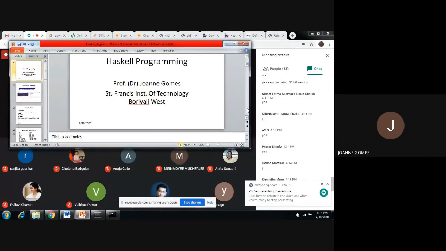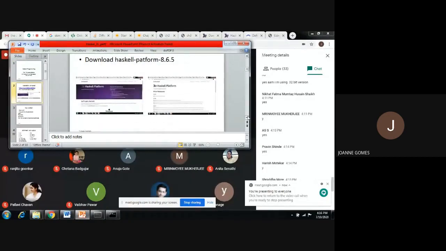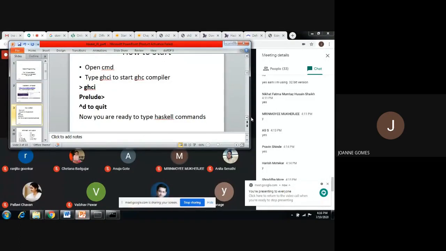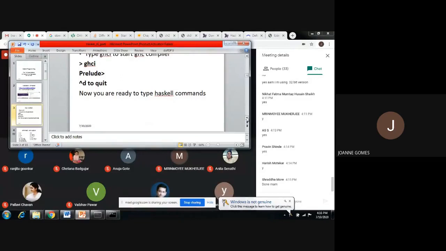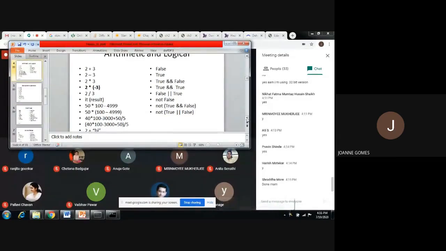Okay. So the first slide we have finished with. We downloaded the platform. This is what we tried. Control D command we tried to quit it. Again we went back to GHCi. Now we are at the Prelude prompt. Okay. Please try these operations. Now we tried first, second, third. Now what is this? 2 into a negative number.